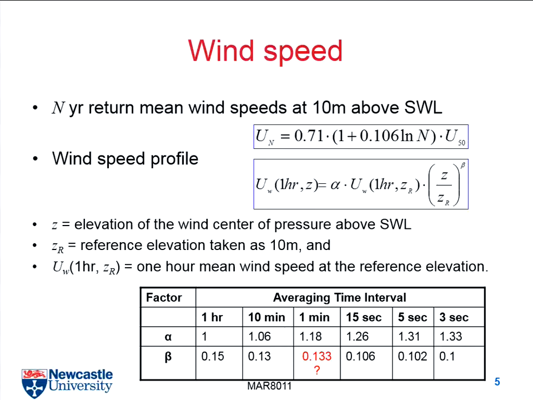So 50 years, in most cases, is the reference value. Based on this reference value from your records, you can calculate the wind speed for different return periods of 100 years. And we have